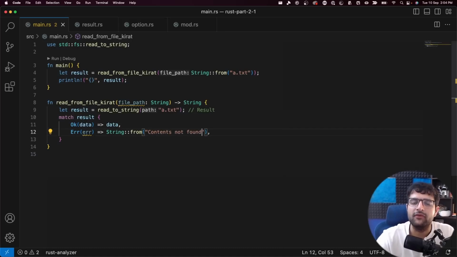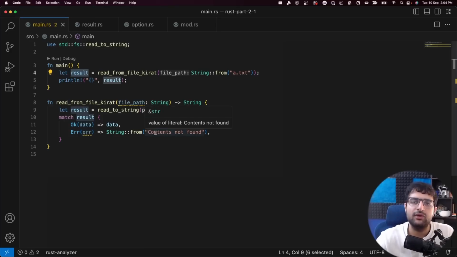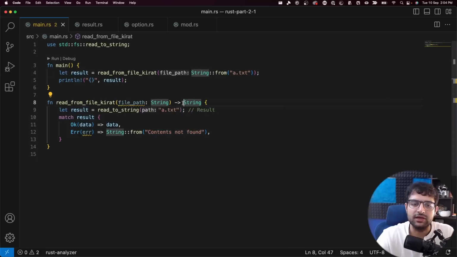What is the problem here? Okay, what if there is a file that has the same contents inside? You will not be able to differentiate in this result variable. Is there a file that has this content or is there no file currently? Which is why this should return a result of type string. It should return